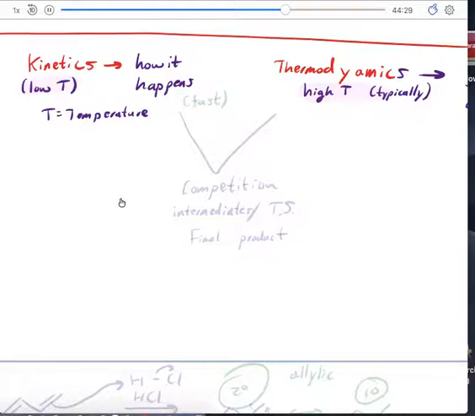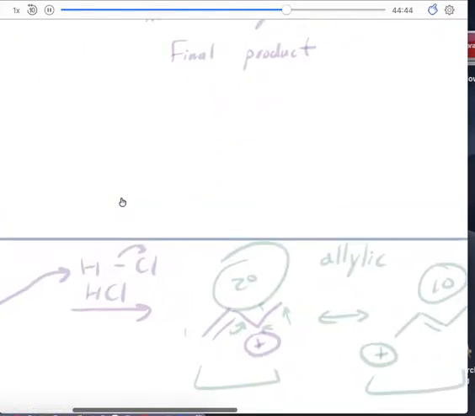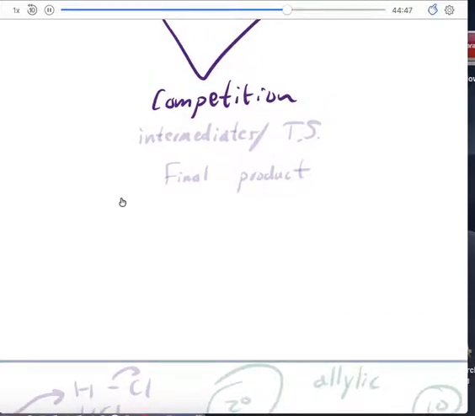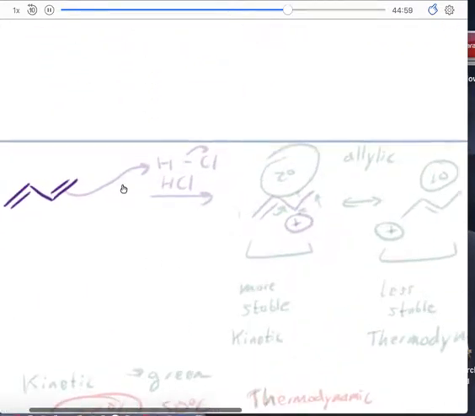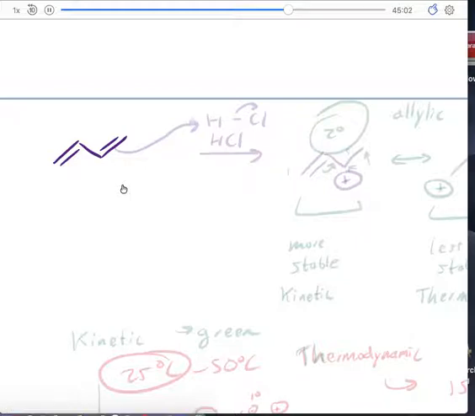So kinetics and thermodynamics are always in competition with each other. And so the specific conditions that you create for the reaction will influence what product you get more of. The one that we've seen that specifically uses this, and this is another problem from your problem set, I don't remember which one it is, it's like 12 or something. It's pretty long. When you take this and do HCl,